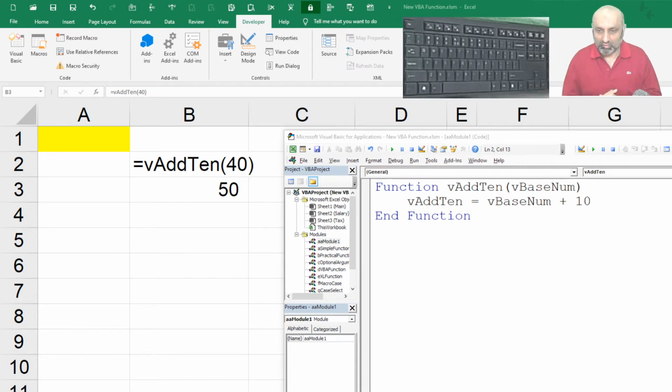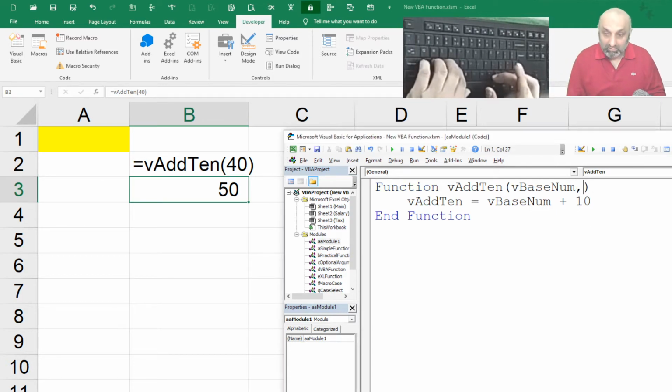So let's move forward. Instead of using one variable, let's use two variables. Let's send two values from the Excel sheet to VBA. So let's prepare our VBA to catch the second argument or parameter.